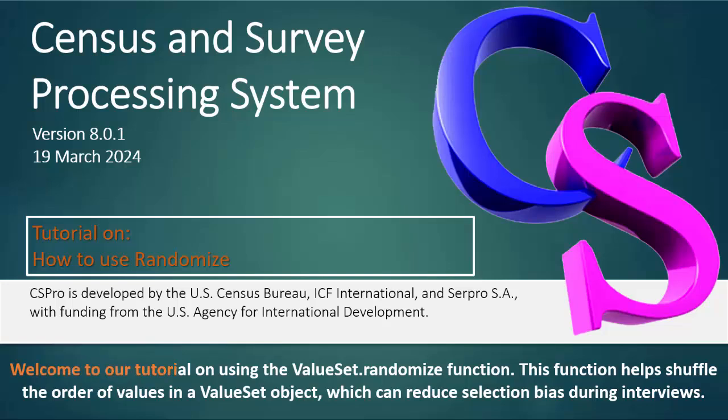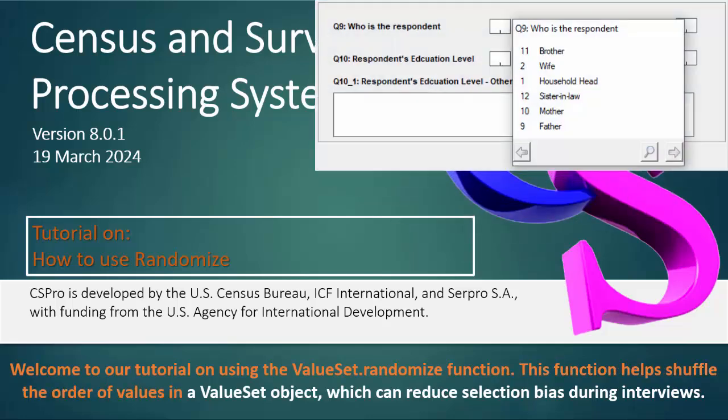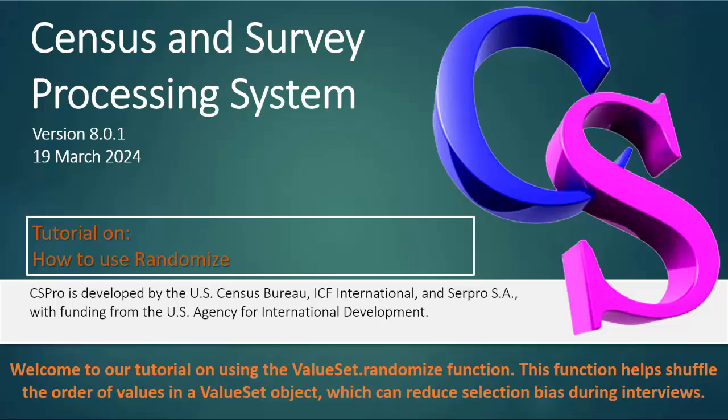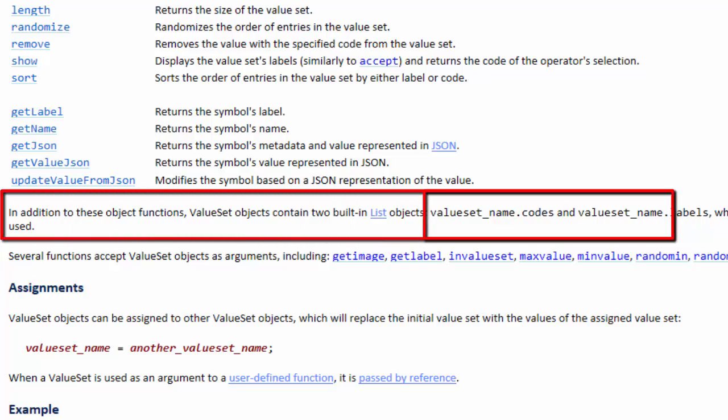Welcome to our tutorial on using the ValueSet.randomize function. This function helps shuffle the order of values in a value set object, which can reduce selection bias during interviews. In this tutorial, we will explore how to use the value set object with randomize, including how it handles quotes,